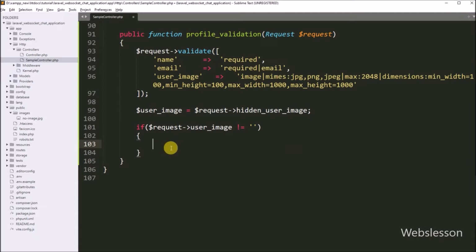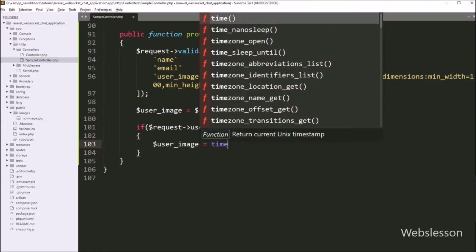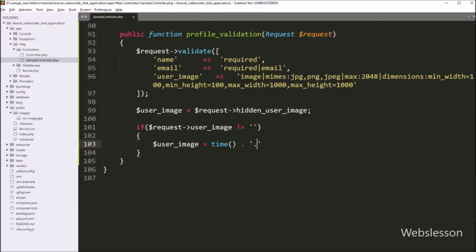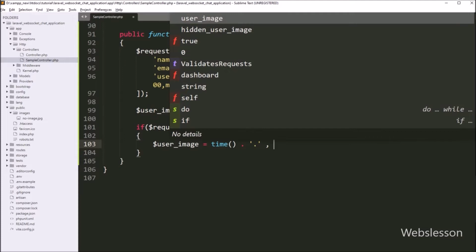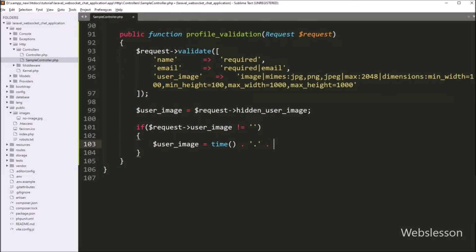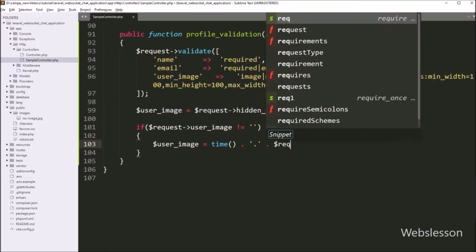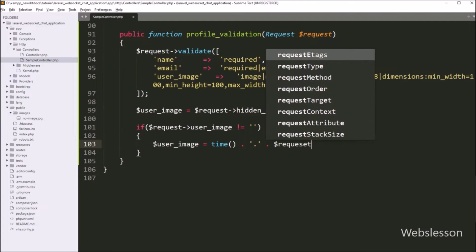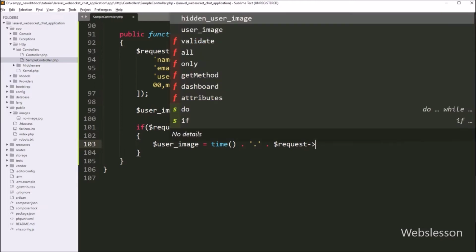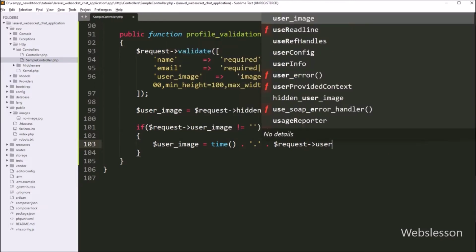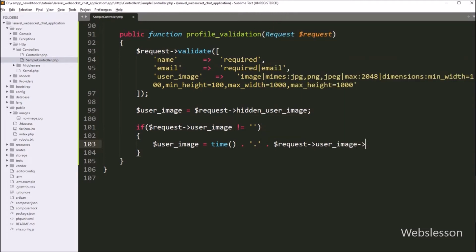So under this block, first we want to generate a new name for the image. So here, we have to write the $user_image variable is equal to the time function, and after this, we have to append the selected file image extension. So to get the file extension, we have to write the $request variable with user image with the getClientOriginalExtension function, so it will return the selected file extension, and it will create